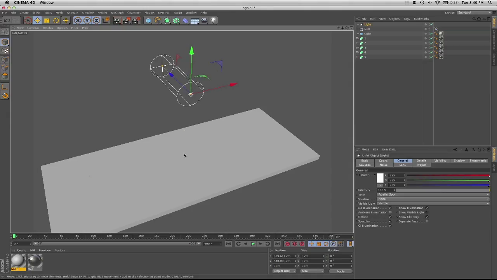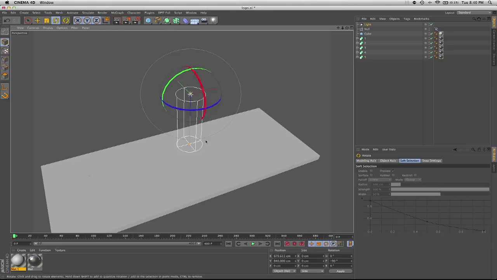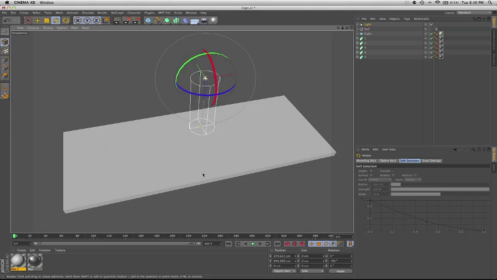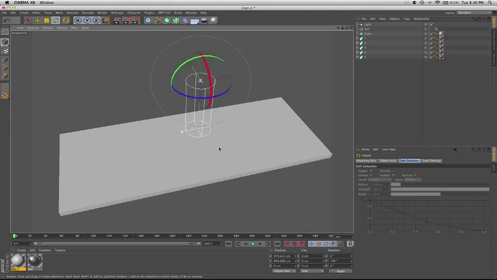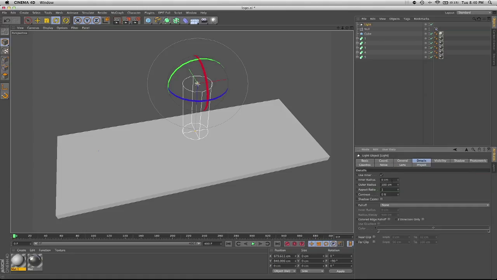Okay, now rotate it 90 degrees, negative 90 degrees. Okay, there we have it, our laser beam. It looks fantastic. Okay, now we need to change a few other properties in our light. We don't want to diffuse, so just deselect it. Okay, so now go over to our details tab, and we're going to change the inner radius. We're going to change that to 3, outer radius 6,